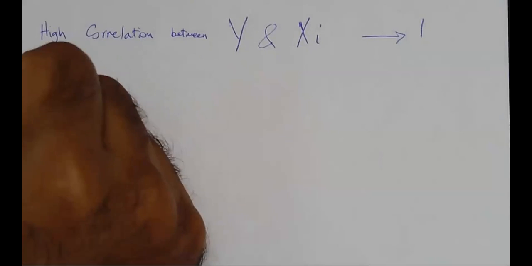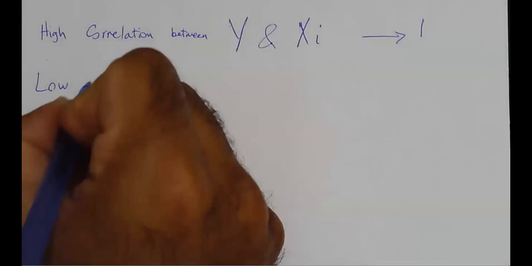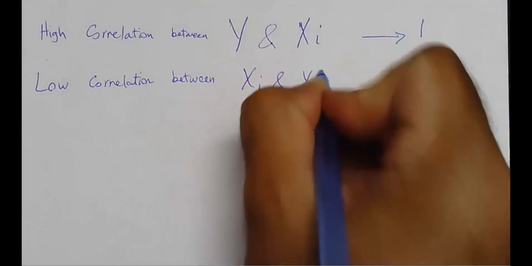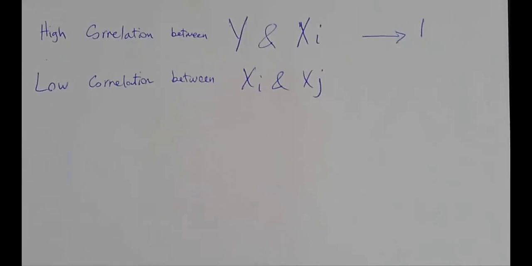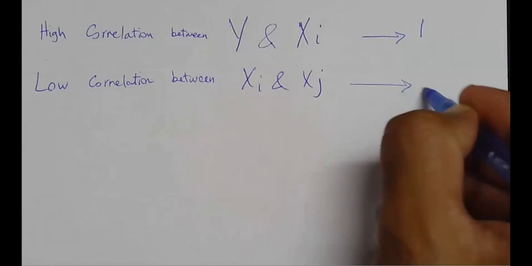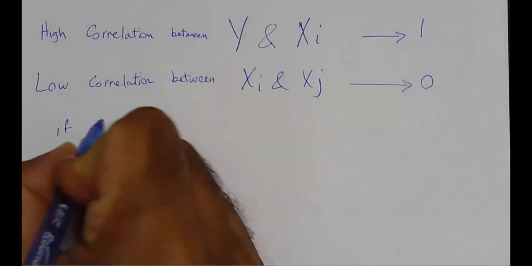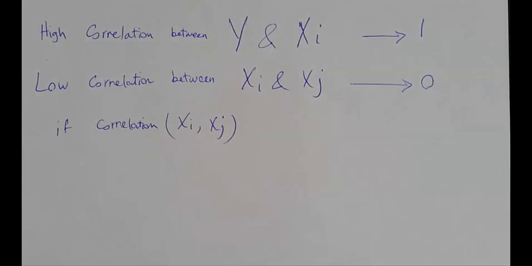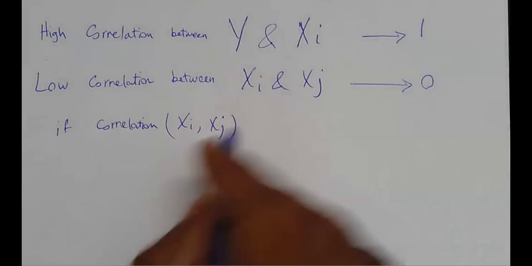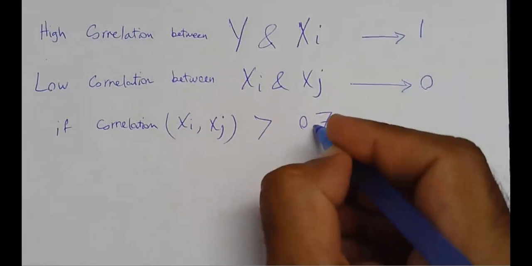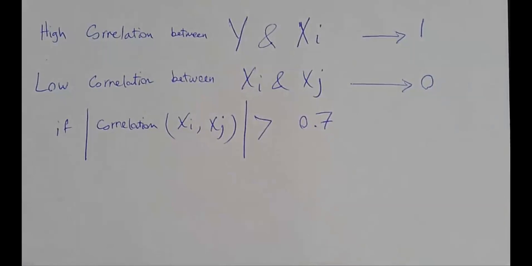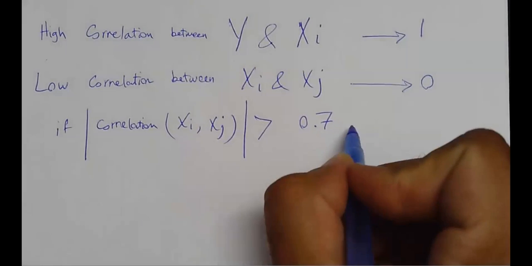But then you should be targeting a very, very low correlation between each pair of xi and xj. So if you're running a multiple regression, the correlation between each of the independent variables should be as close as possible to 0. If the correlation between xi and xj, any pair of your independent variables, is greater than 70%, and I'm talking about the absolute value of correlation,